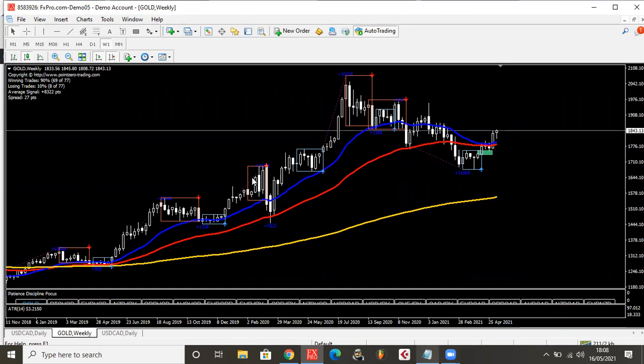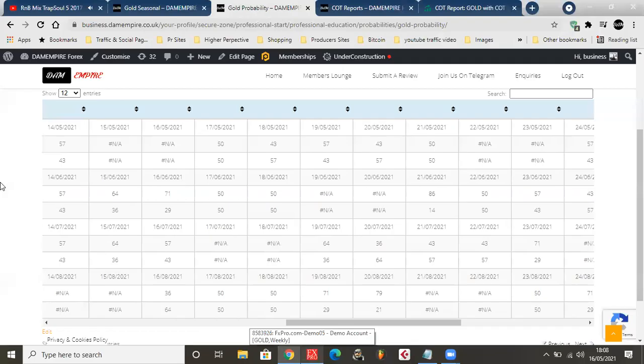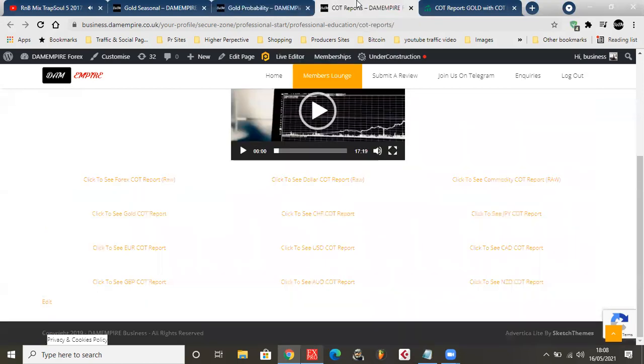So basically, the main reason we look at commercials and ignore the non-commercials is simply this: the majority of the big banks and big companies that produce gold, for example the miners of gold, are the people that really do control the market because they control the demand and supply of gold. Those are the guys we tend to focus on because they have more cash in terms of assets than the non-commercial guys.